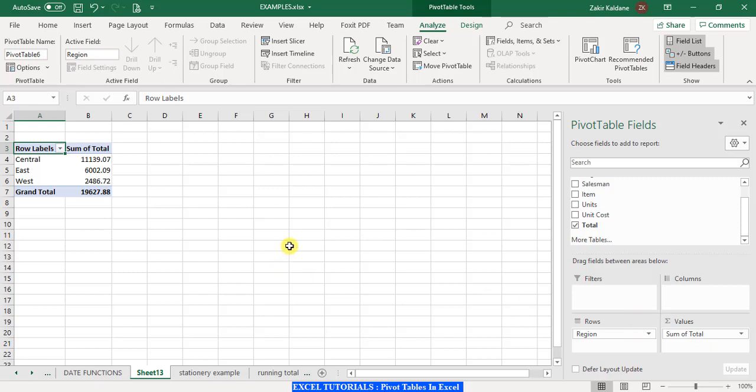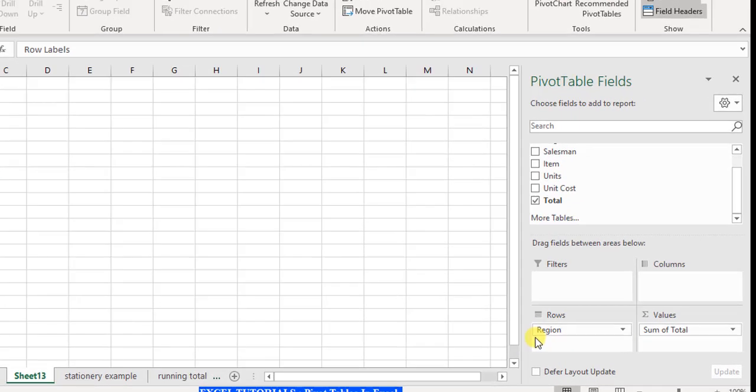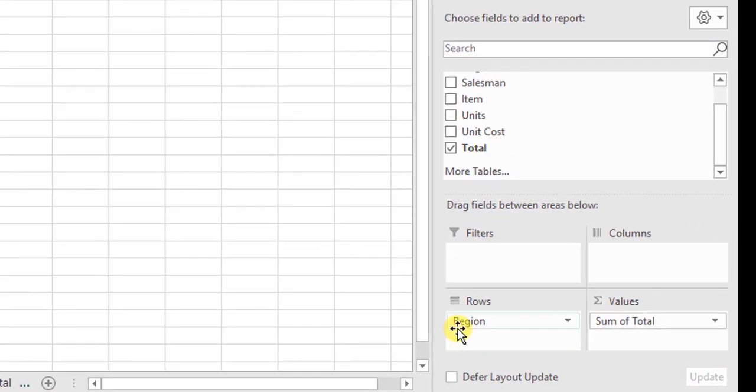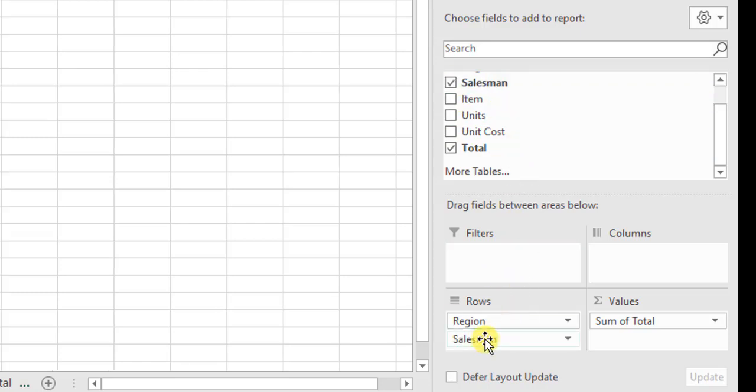regions. So if you see on the left hand side now, with just 2 or 3 mouse clicks, we already have a report of sales based on the regions. Now if you don't want regions and you want to see the sales according to the salesman, you can pull the salesman down over here.